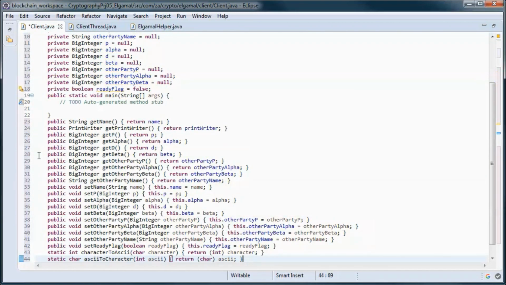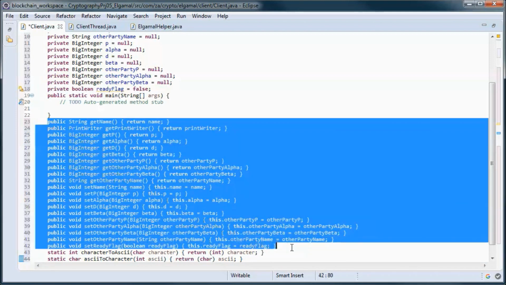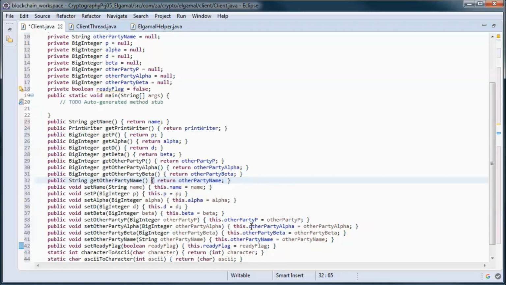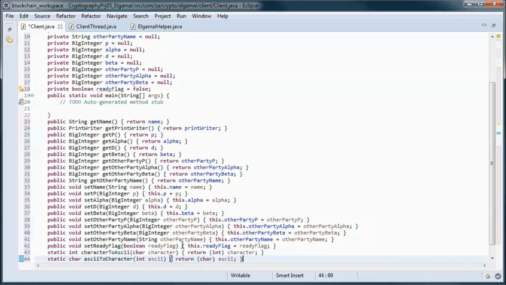And here we have get and set methods for those instance variables. And we have two static methods. This one turns character to ASCII, and this one turns ASCII to character.